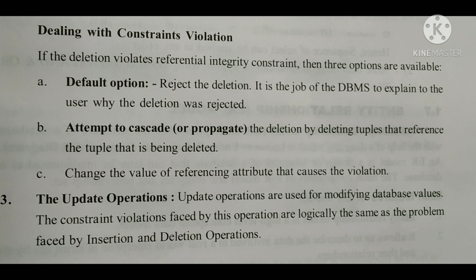Please go through the example very carefully. We already discussed a particular example on that table.